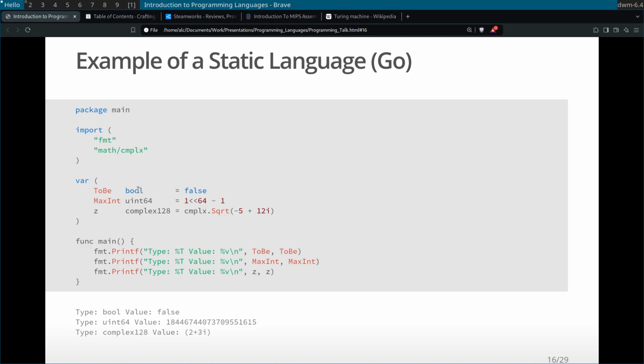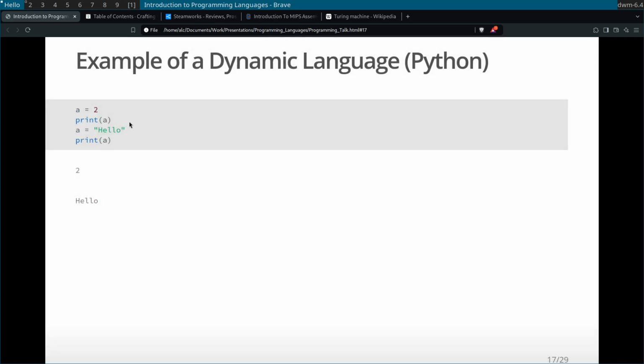This also allows you to reason about the way the program works when you can see the type. That is what I think is the most powerful thing about static languages: the ability to reason about the way everything should behave. Whereas in this, you could be assigning the wrong thing to a variable at a specific time, or somebody else, if you're collaborating on a code base, could be doing that. That's obviously not very good, and Python's not going to yell at you for reassigning a to a different type.